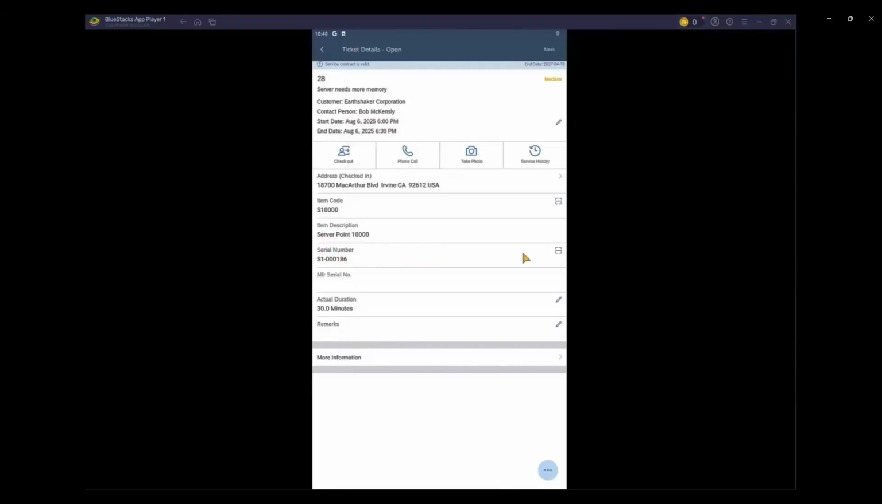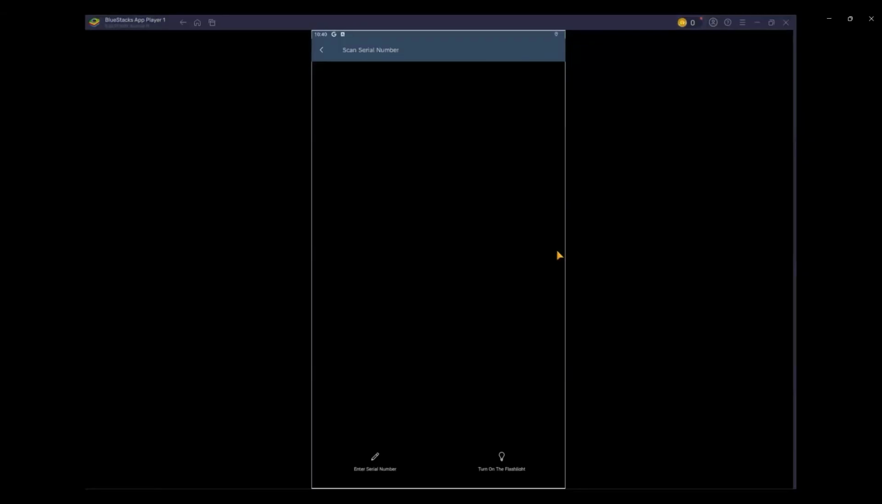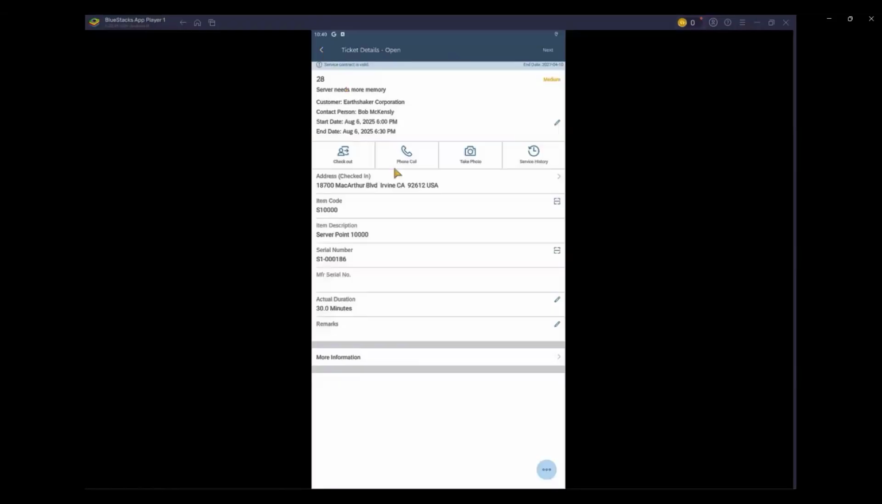To do that, I use the app's built-in scanner feature, this one right here. I tap the scan icon, which activates my phone's camera. I point it at the barcode or serial tag on the server, and the app reads and verifies the serial number. Even if we're not actually scanning during this demo, this is where the process would take place. Once confirmed, I tap Update the Service Call, ensuring that everything I do from now on is accurately linked